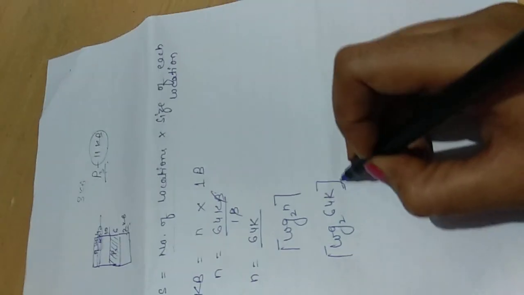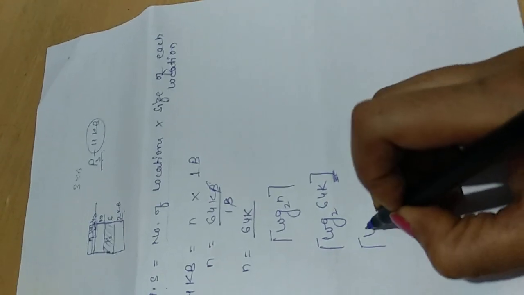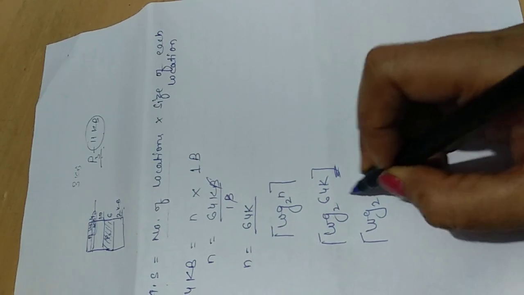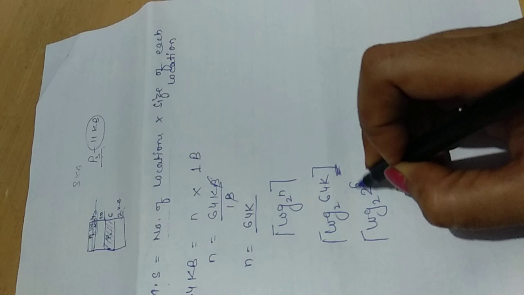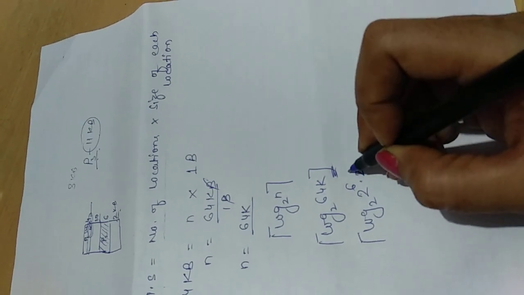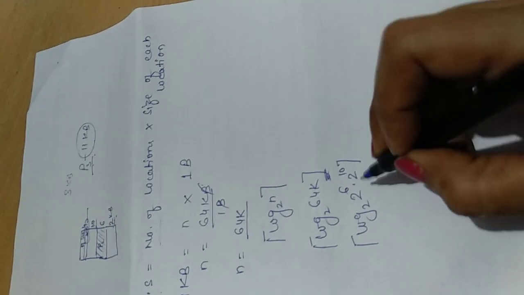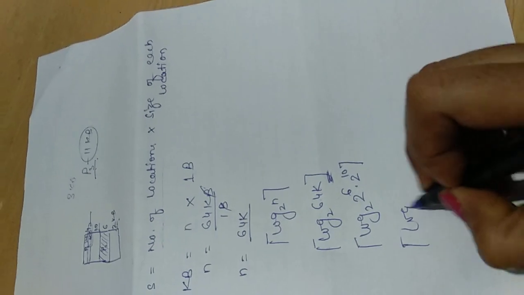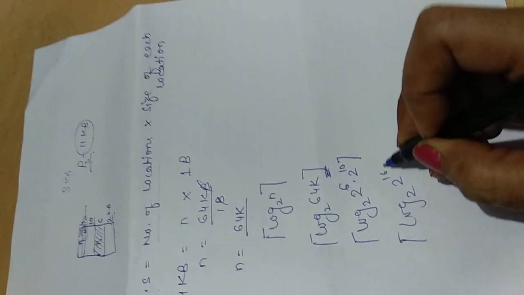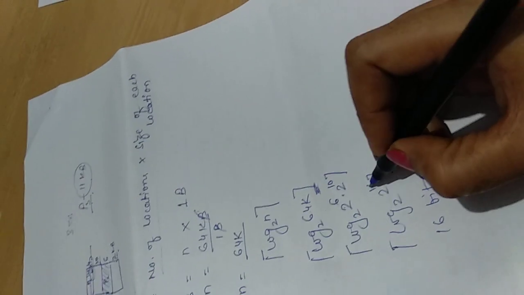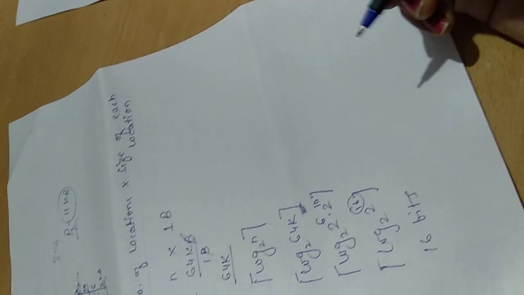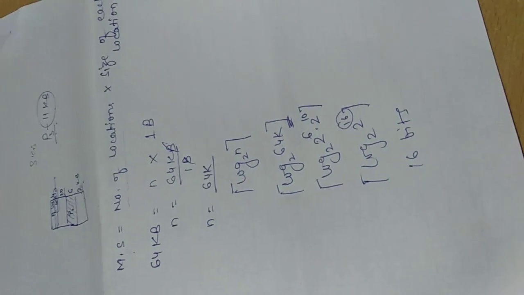So first represent it as a power of 2 so that we can find the number of bits. 64 is 2 to the power 6, and K means 2 to the power 10. So one more line, 2 to the power 16. So 16 bits will be there to represent a single memory